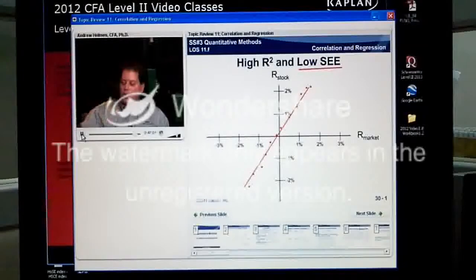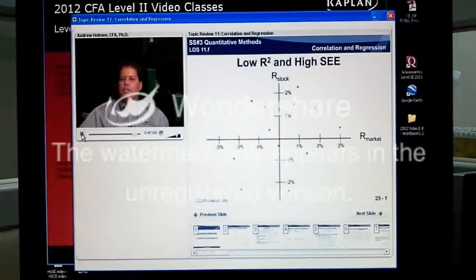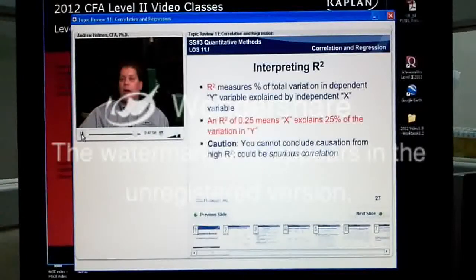All right, now let's go back to the calculation of SEE just so we can see that real quick. We'll get another look at this, by the way, in the next